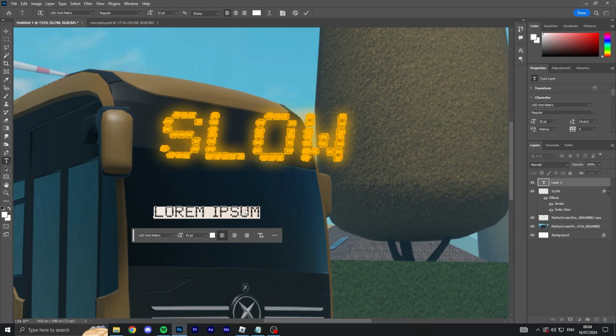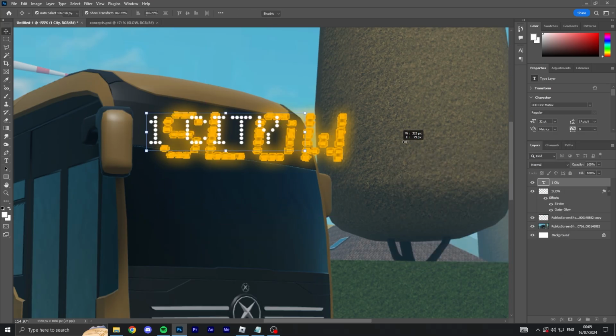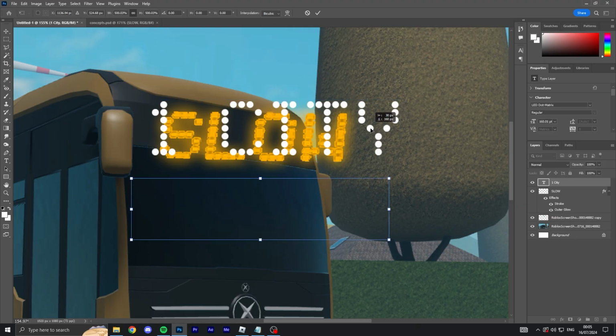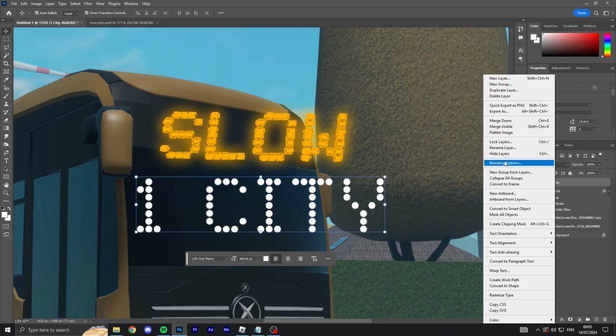Okay, what should we put? One city, like that's what I saw in the suggestion shell anyway. I saw someone put one city, so that's what I'm gonna put. Okay, we're gonna put one city. We'll color it later, but yeah, one city. Just make it nice and big, and we should be able to just match what I've done last time. I can't remember exactly what I did, but I'll get there.